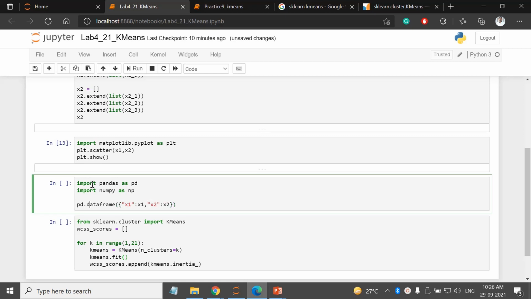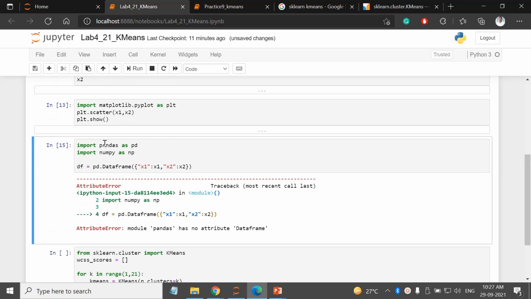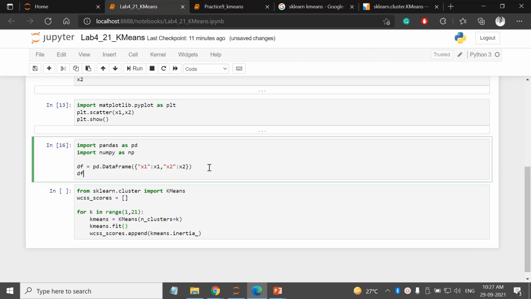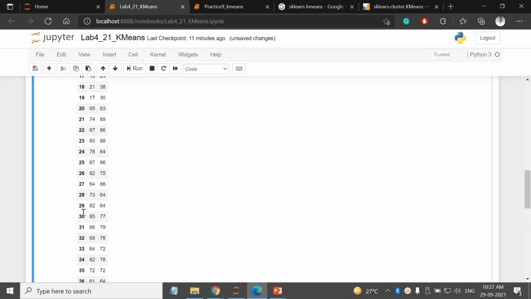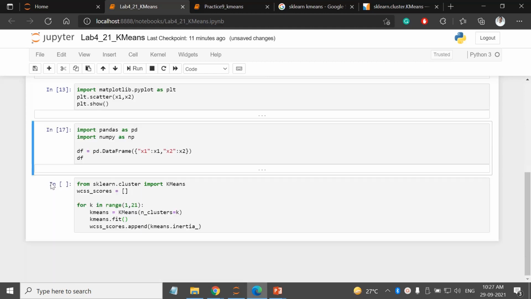So this is my data frame, df. Let us run it. DataFrame: D is capital, F is also capital, yeah. If I print df, yes, it is starting from 0, x1 as first column, x2 as second column. I have the table now.